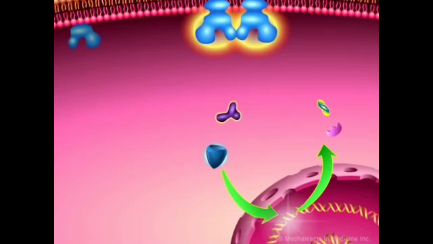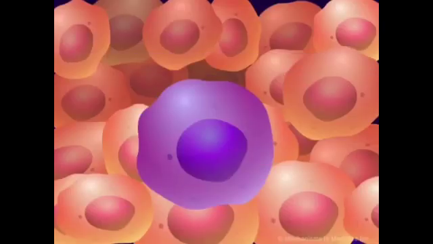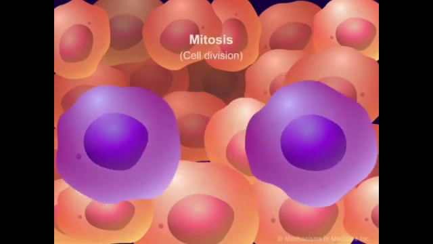Once the signal reaches the nucleus, transcription factors are activated. These factors transcribe the genes that are translated into the proteins, such as growth factors, that are necessary to allow the cell to continue to proliferate. The end result of any growth factor receptor signal transduction pathway is tumor DNA replication and cell division.